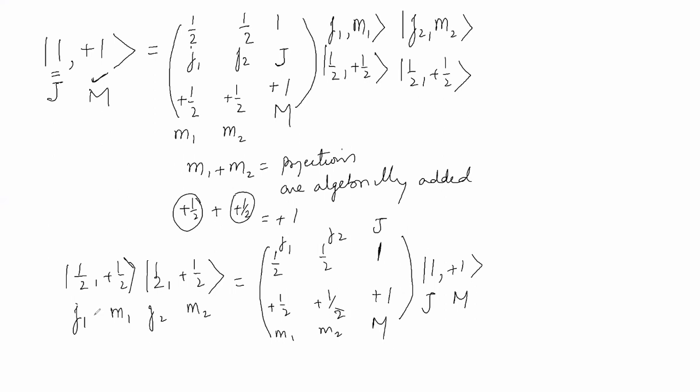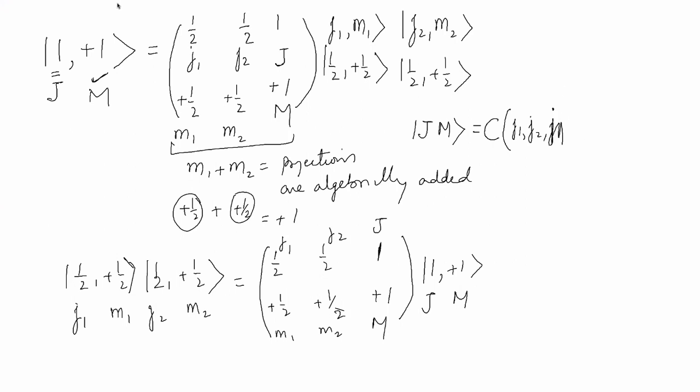Now, half plus half means I am writing a state J M. This will turn out to be a real number, which we will call the Clebsch-Gordon coefficient, and we will represent it by something like this: C J1 J2 J,